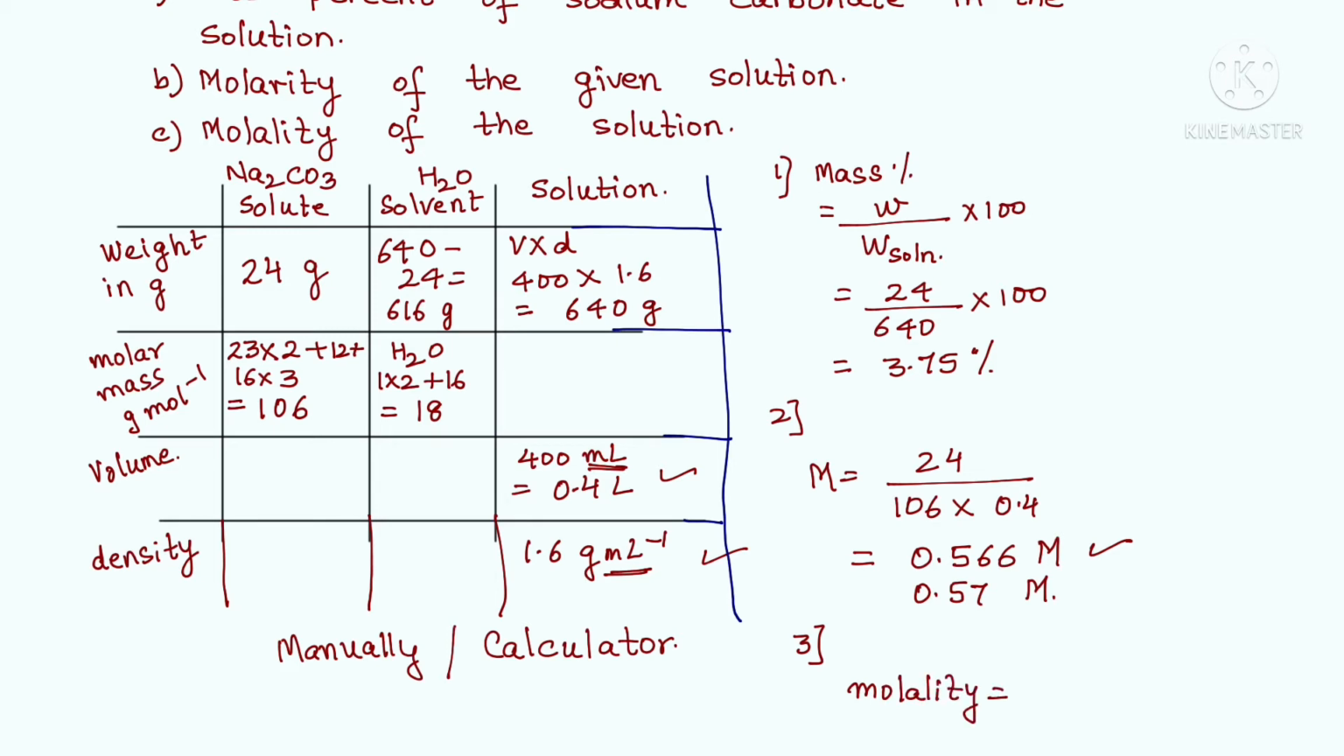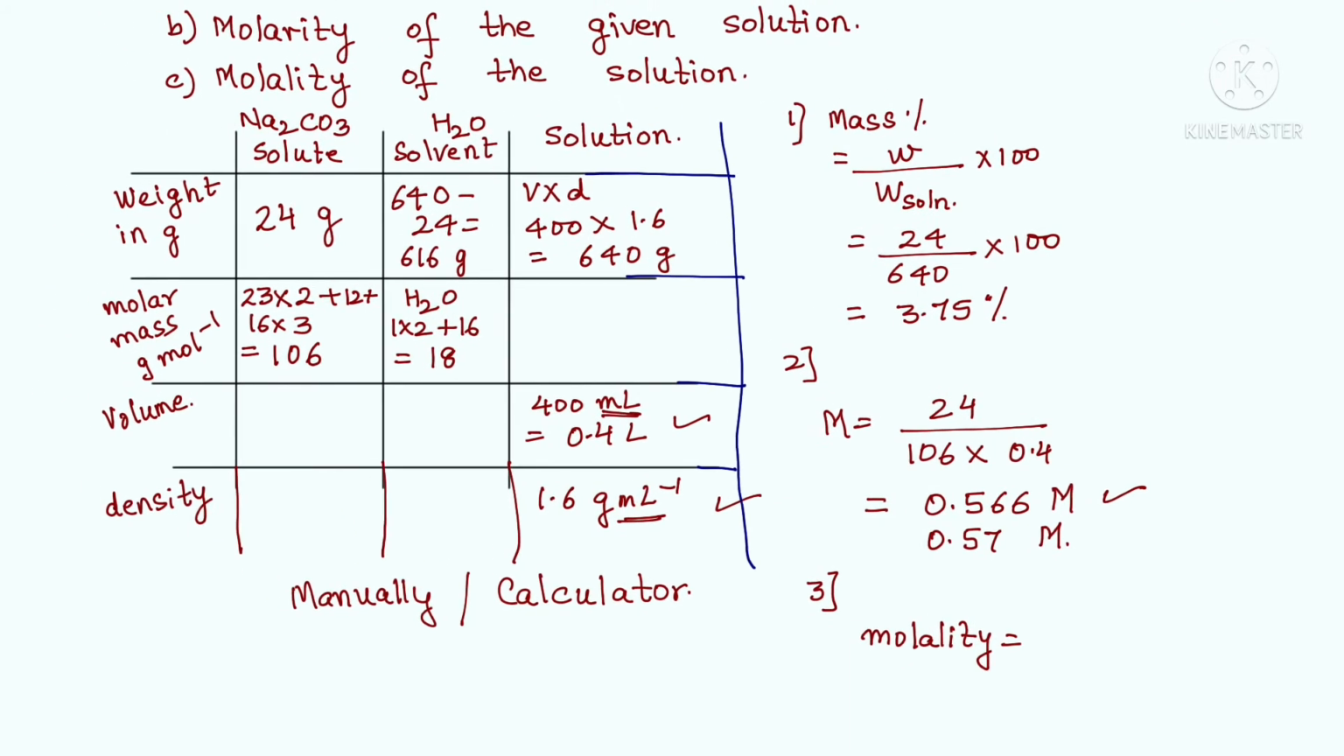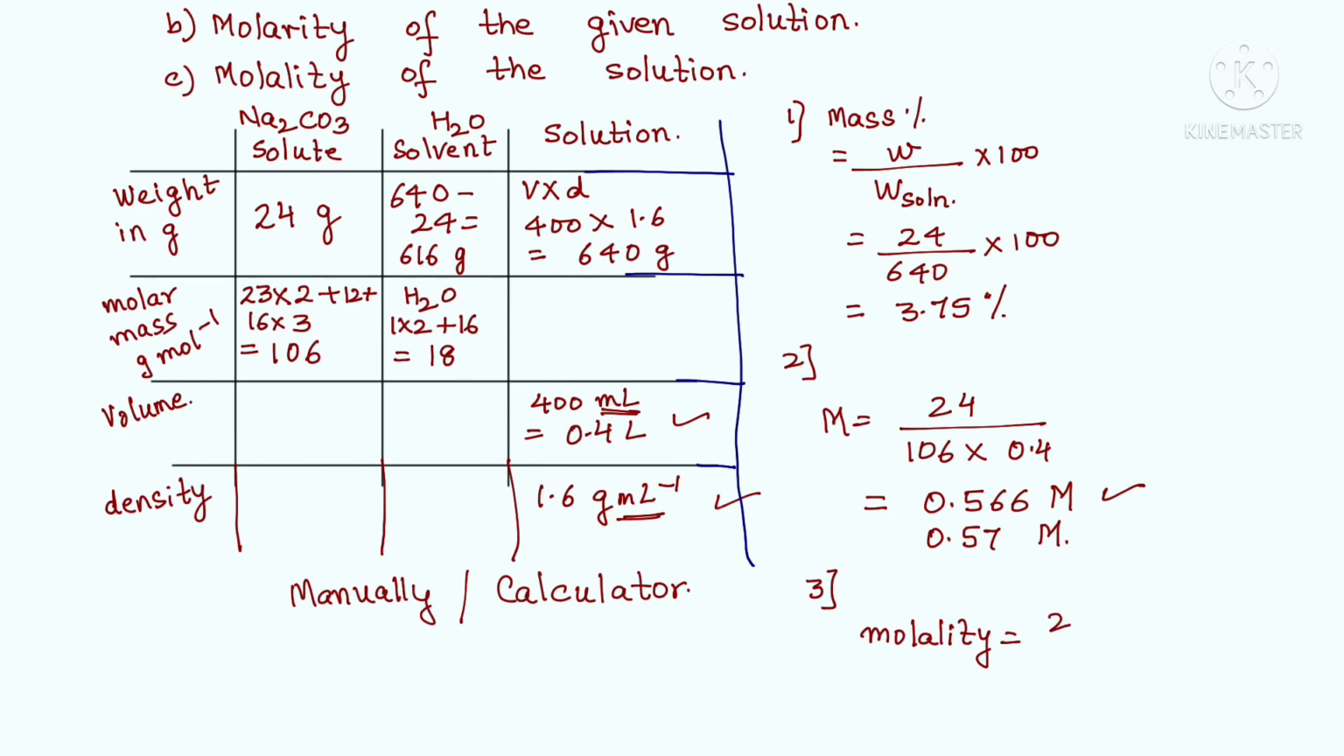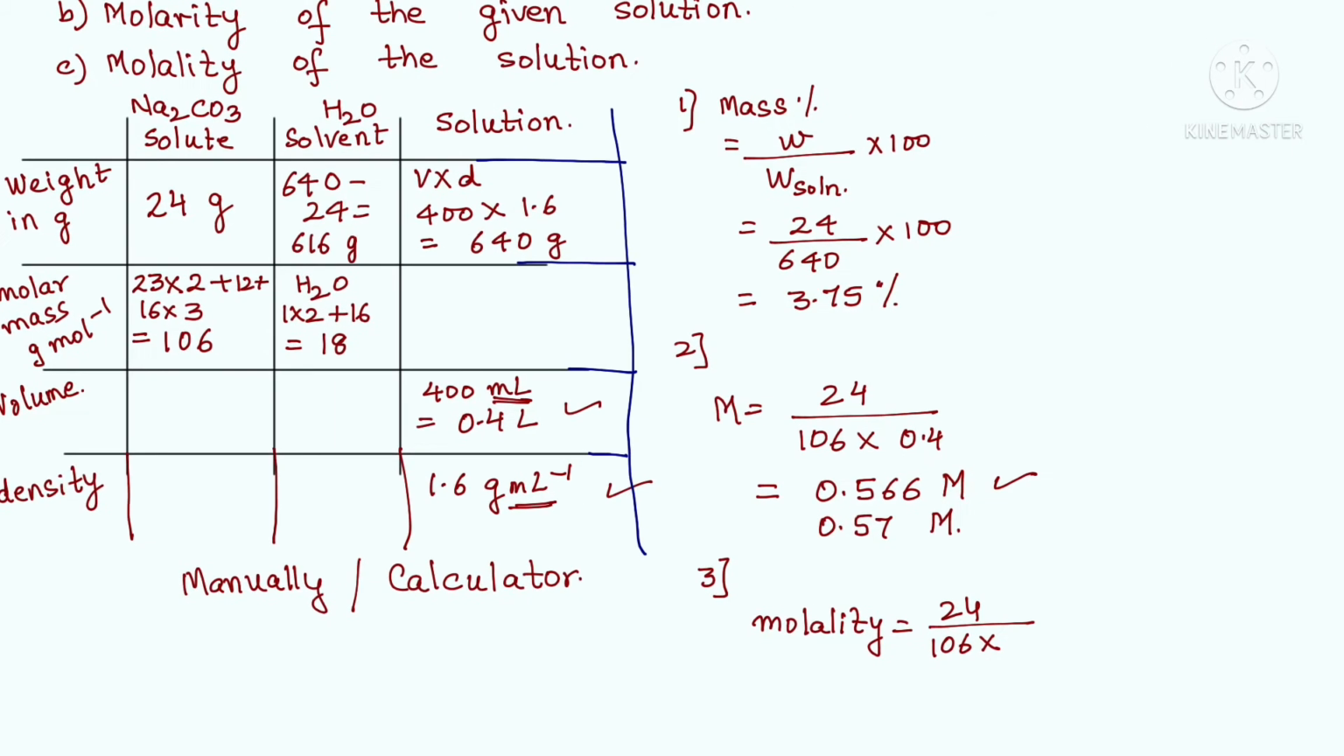Okay, molality again. So weight of the solute, that is 24, divided by the molar mass times the mass of the solvent in kg. So mass of the solvent 616. What am I going to do over here? I am going to convert it into kilograms by dividing by 1000, and we get a value of,